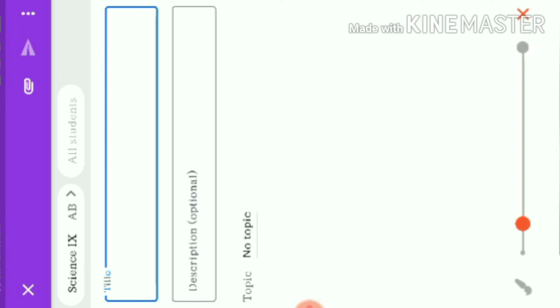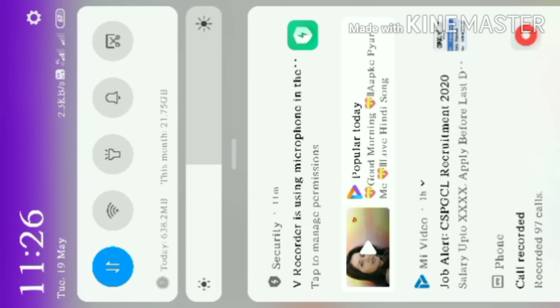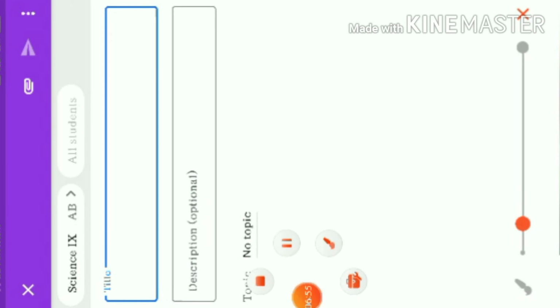After attaching it, just here you can see an arrow mark. If you press the arrow mark, this will be directly uploaded to your classroom, and the children can observe the classes by using the code which I already showed you. This code you have to send to your children.